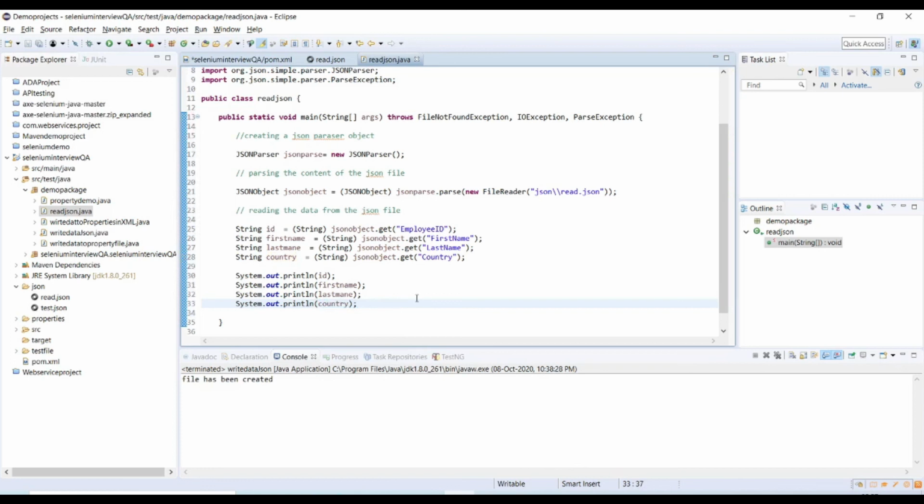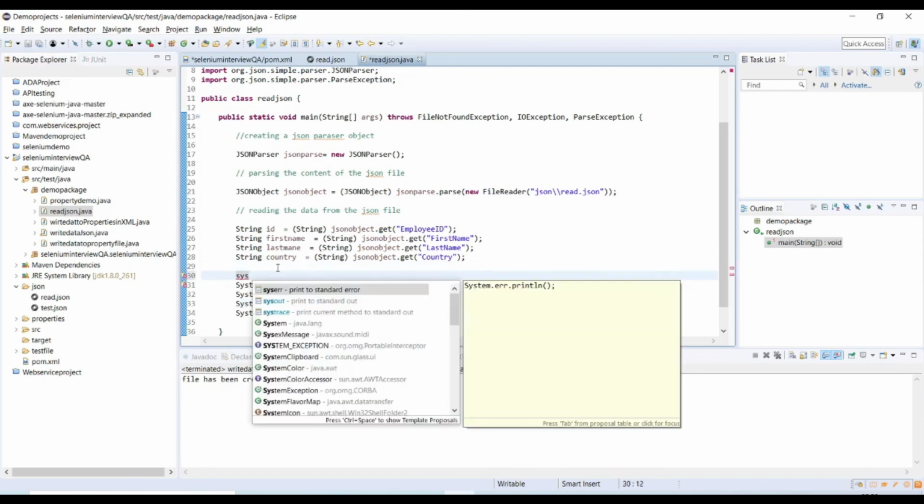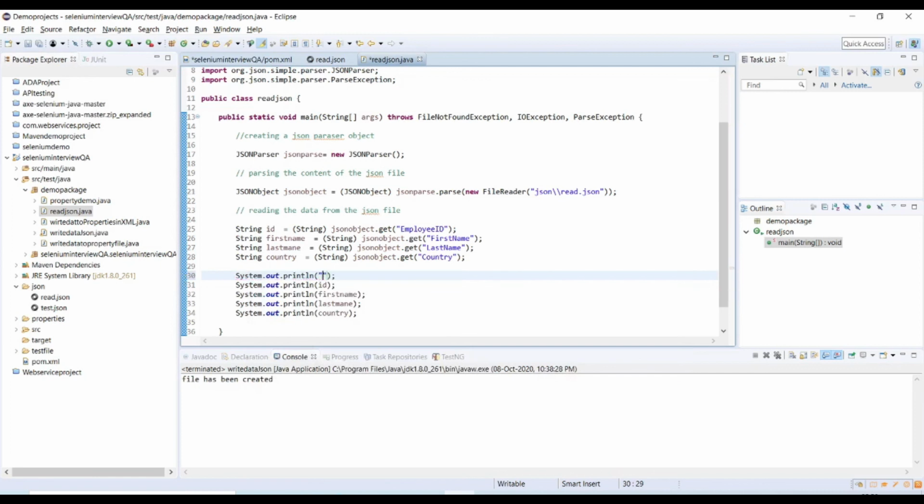Now we are successfully getting the data from our JSON file, and we are printing it into the console. So let's print these results. I will add one more line of code, which is sysout, final data in the console.